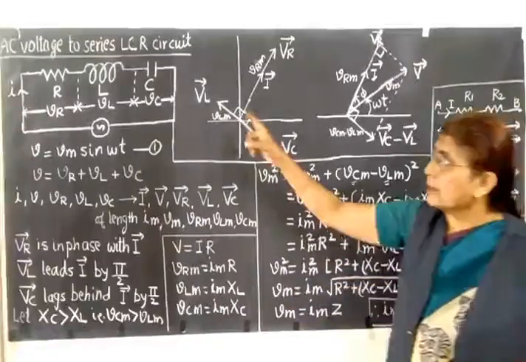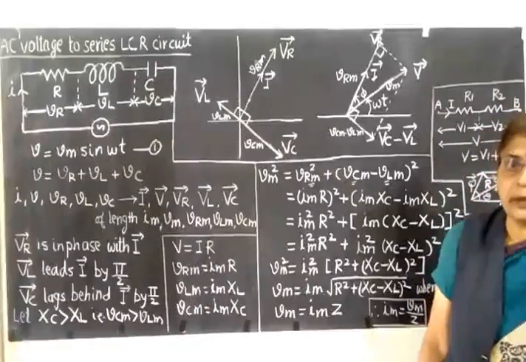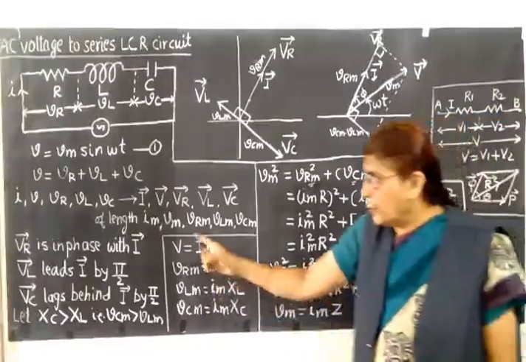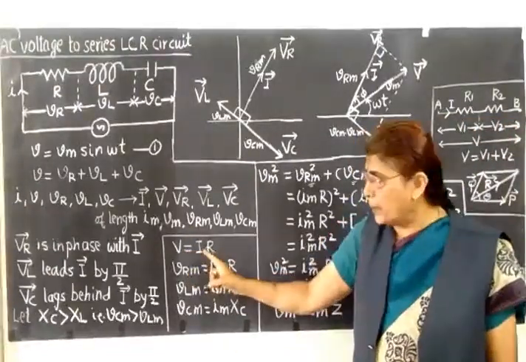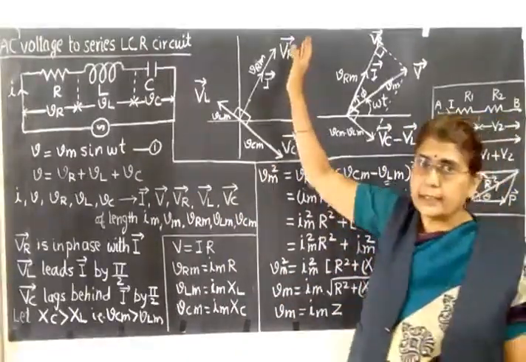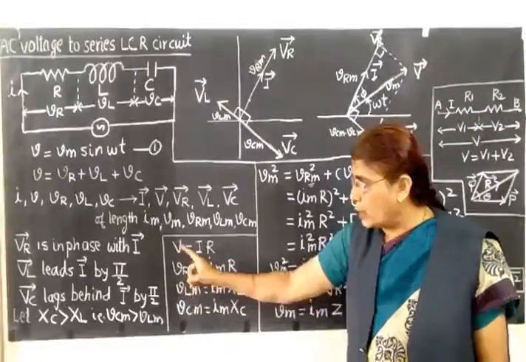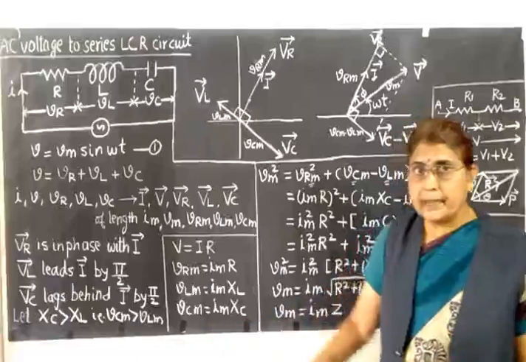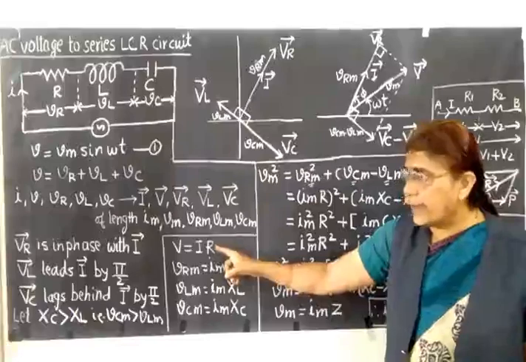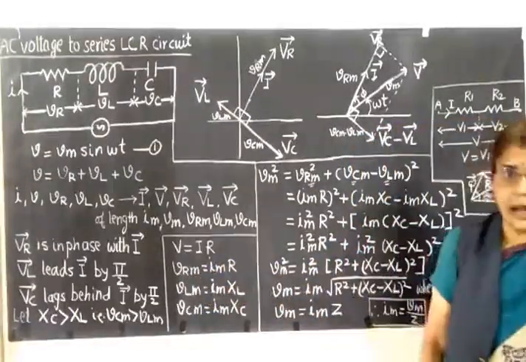Now we shall find out the values of VRM, VLM and VCM. We shall use simple Ohm's law. V is equal to IR. The meaning of this is, if you put the peak value of voltage, you have to put the peak value of current, because resistance is constant. So we shall do it for all the three cases, R, L and C. So here we shall put VR. So peak value of VR, that is VRM, will be nothing but peak value of current, IM, and its resistance, that is R. So we got the relation VRM is equal to IMR.